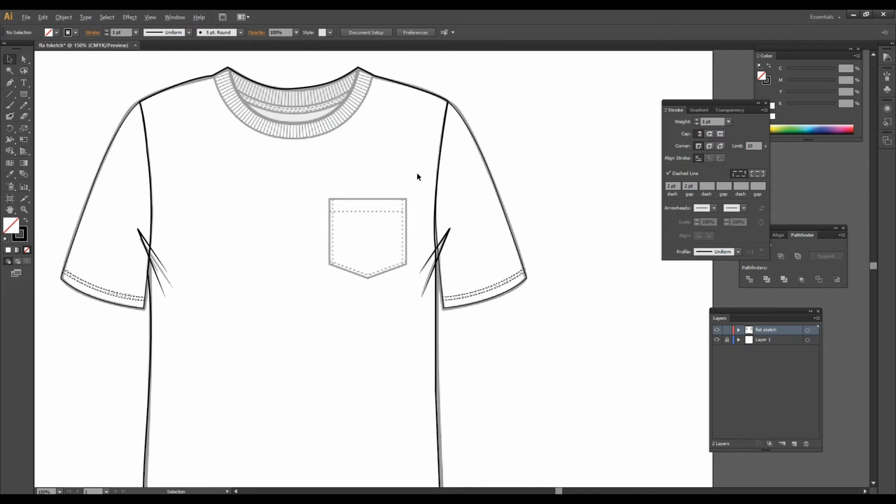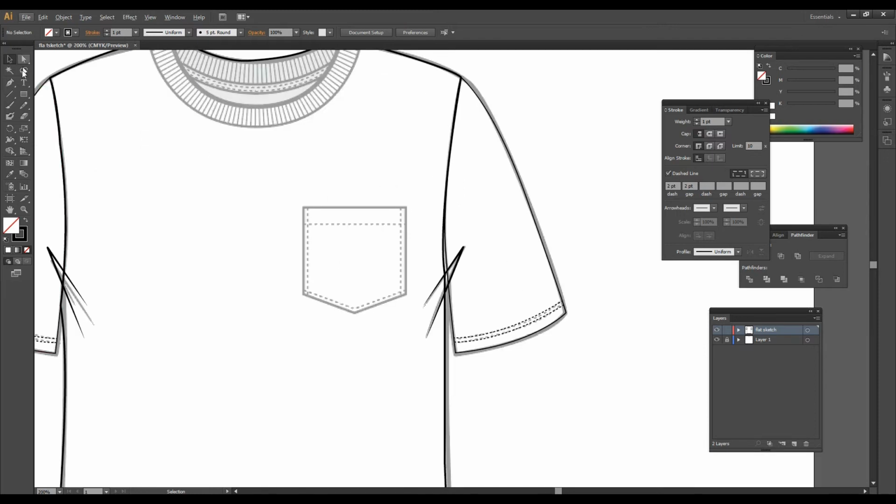Now we're going to make a pocket. It's very simple. Just go to the pen tool and start tracing down. Just clicking on the different corner positions, and we have completed our pocket lines. Now it's a stitch line, so we'll convert. Go to the eyedropper tool and select any line, so it's converted into the simple line. Just click on the corner places, and this is very simple.